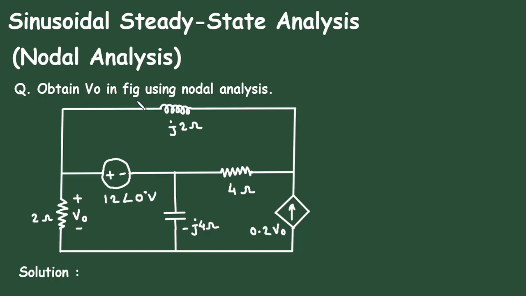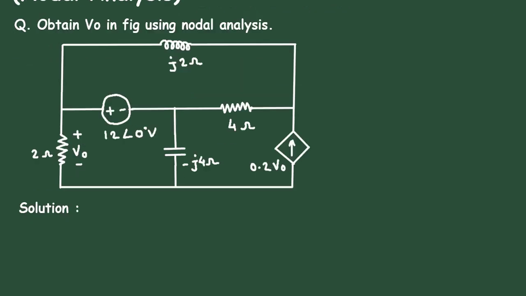In this video, we will see an example on sinusoidal steady state analysis, nodal analysis. Question: obtain VO in figure using nodal analysis. So here for this circuit, we have to obtain the value of this voltage VO. So solution: